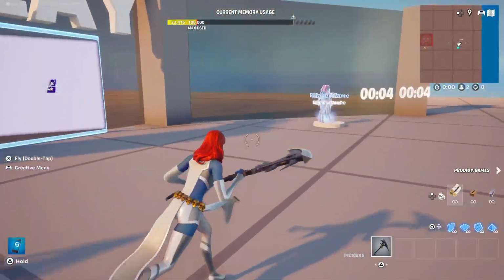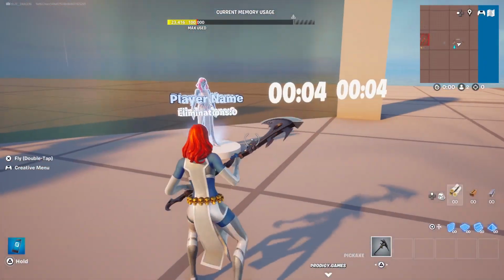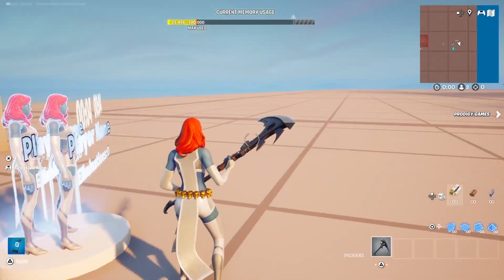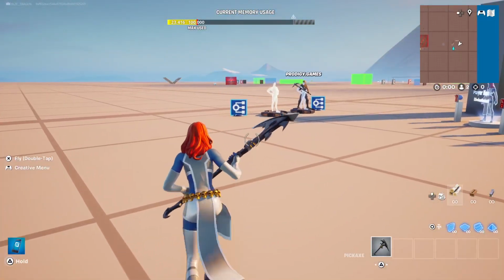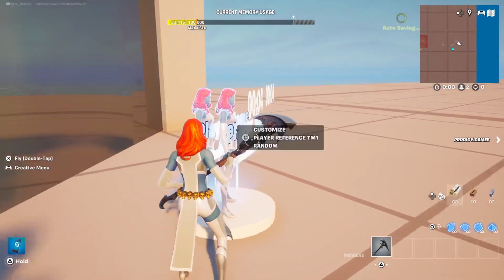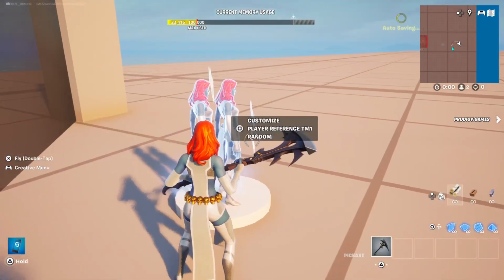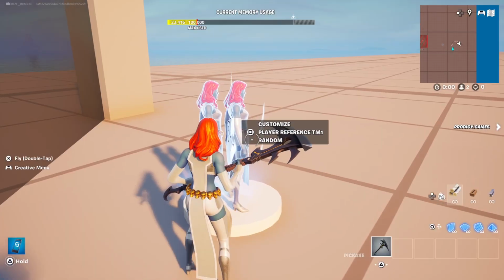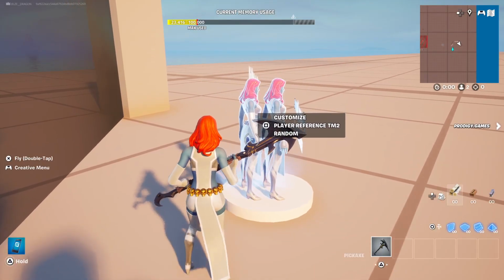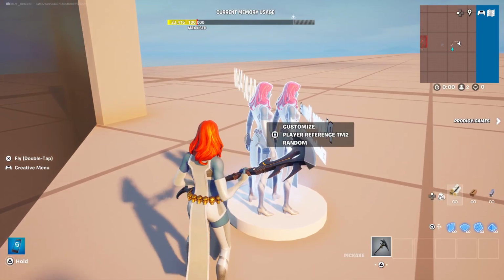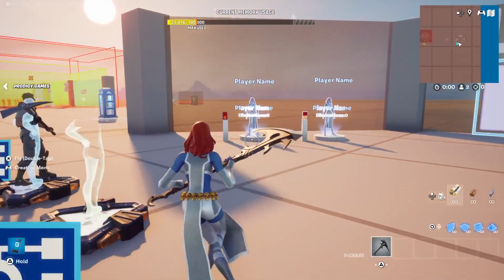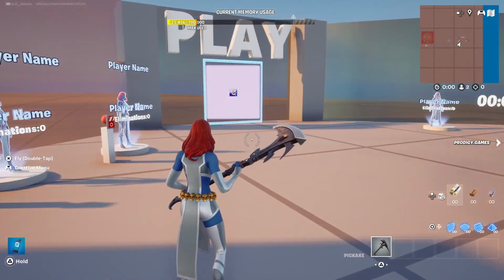In addition to that, if you're doing the randomizer instead of this setup, you're going to want to register them the same way when they spawn in. You want to register them each to a player reference device. So I have player reference Team 1 here and Team 2 here. All right. Cool, right? So once they're registered in,